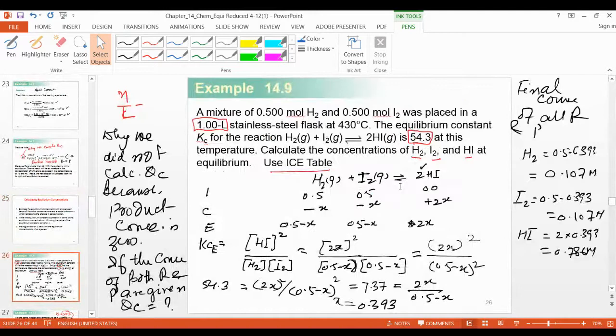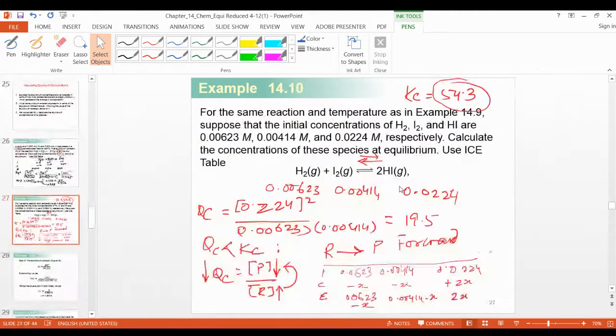This is all the Qc calculation. In the ICE table example, a chemical reaction is given and all the reactants are given, but there is no product formation, so the product is zero. In this case, there is no need to calculate Qc. Qc, the reaction quotient, gives you information about which direction the reaction proceeds, left or right. But here the product is zero, so automatically you know the forward reaction takes place.